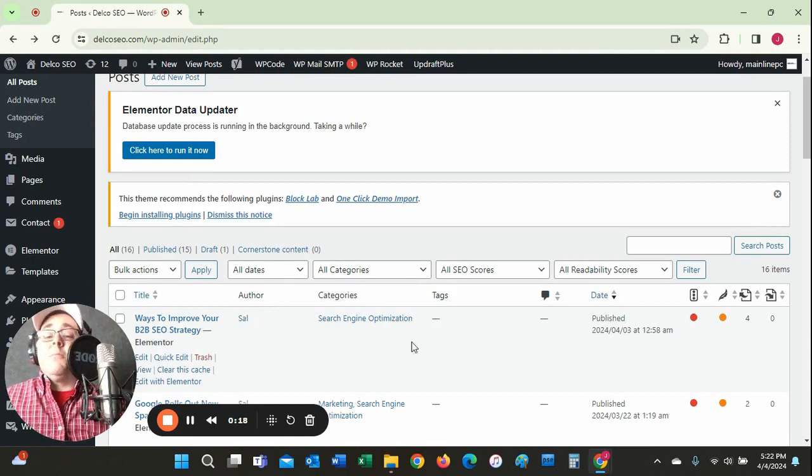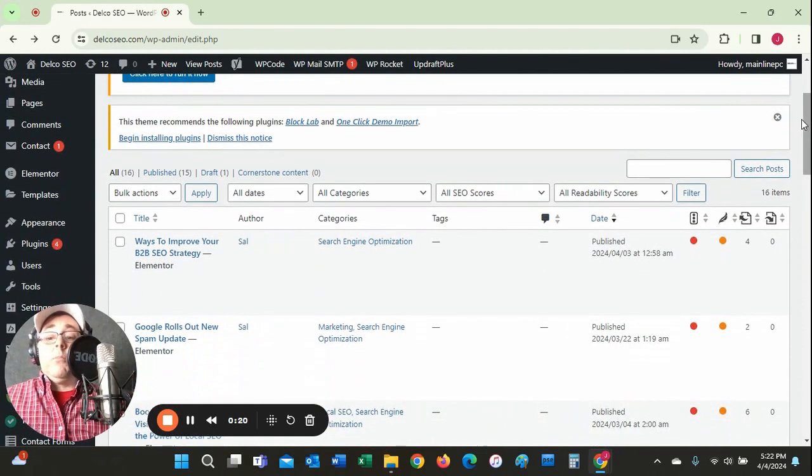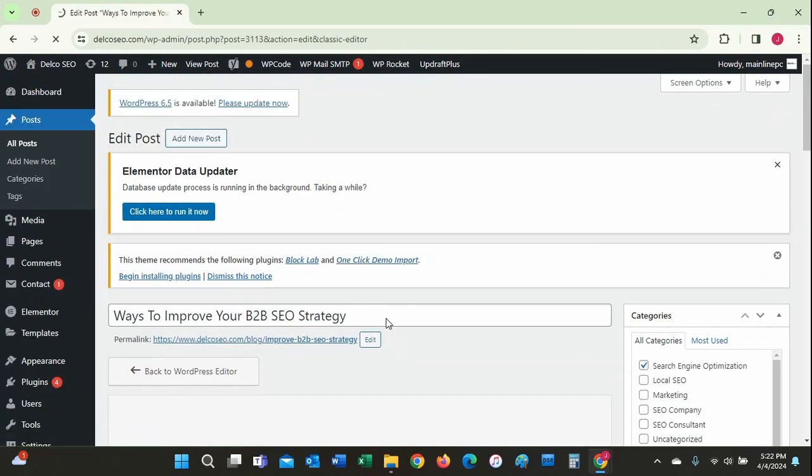All right, we're going to use WordPress today to optimize our blog post, and we're going to do what's called some on-page techniques. This is just the first part of it, as I mentioned, and really just the tip of the iceberg. So I'm going to go in and edit my first blog post here, and it's ways to improve